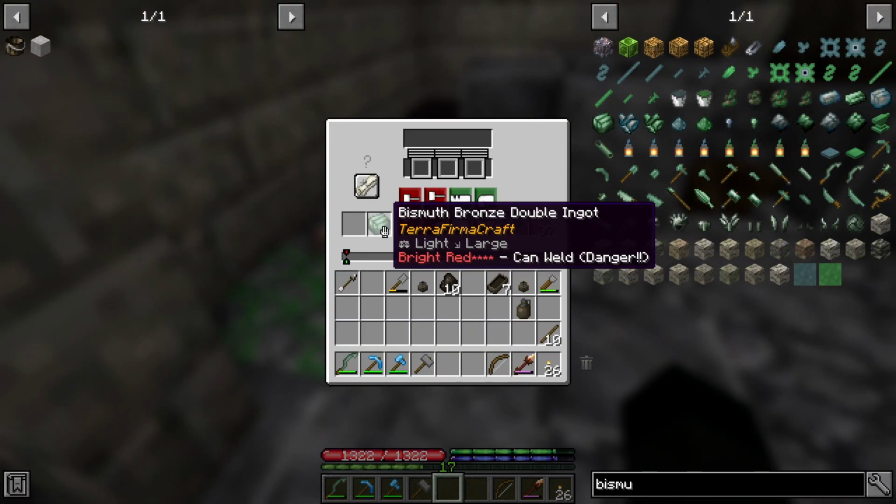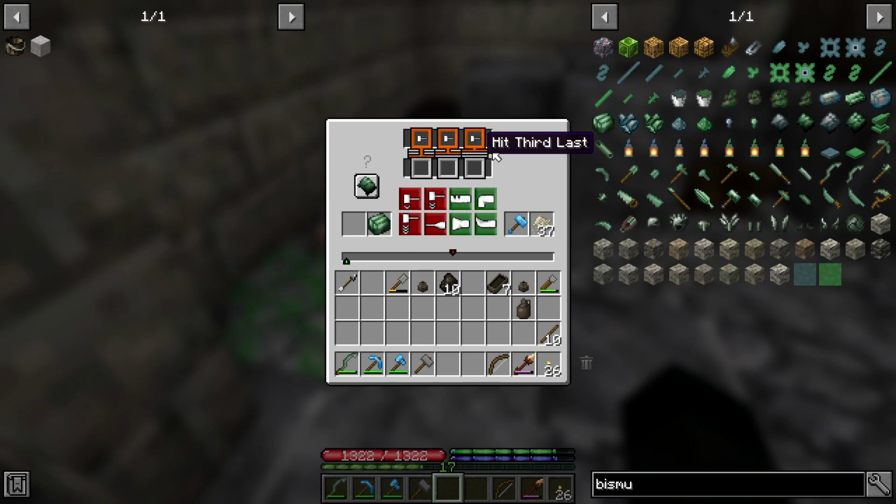In they go. I've got that. I now need to pick a pattern. It's going to be this, and we are going to be